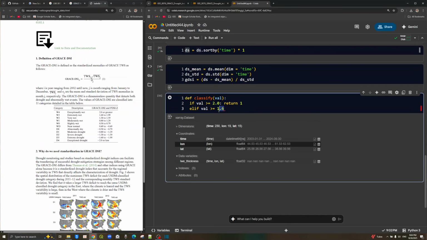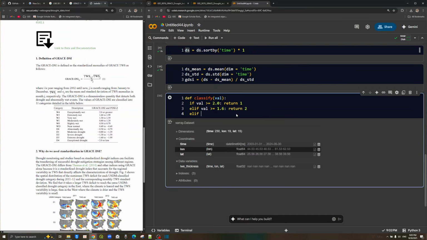Just the base value is enough because the maximum value is already defined in the previous step. So for the second class, values greater than 1.6 and less than 2.0, we want to return value number